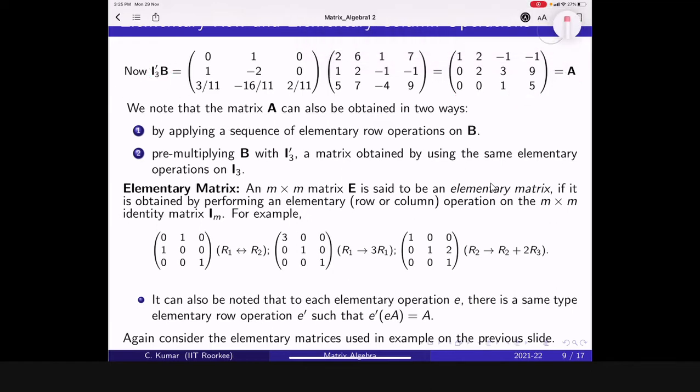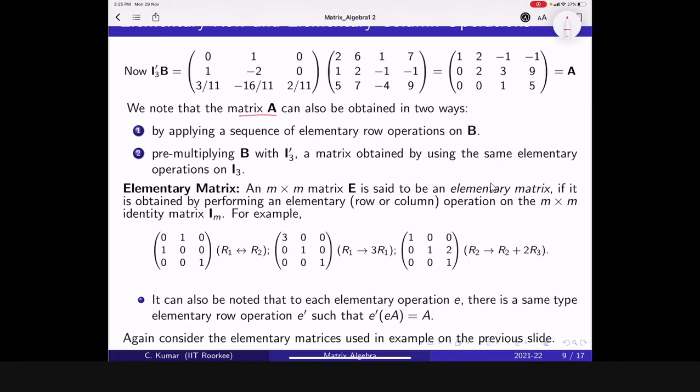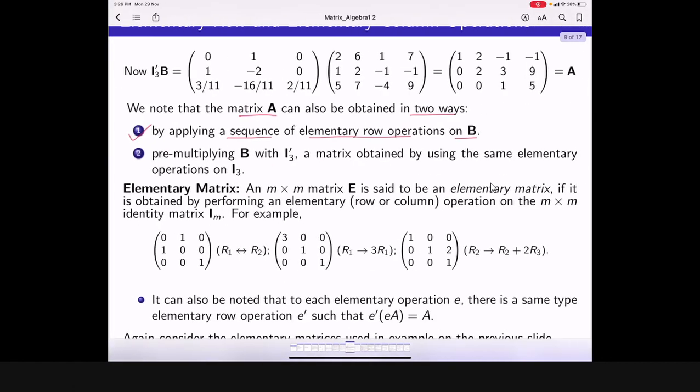So now we say that we can obtain matrix A from matrix B in two ways: by applying the sequence of elementary row operations on the matrix B directly. This is the direct calculation that we have first performed. And the second one is